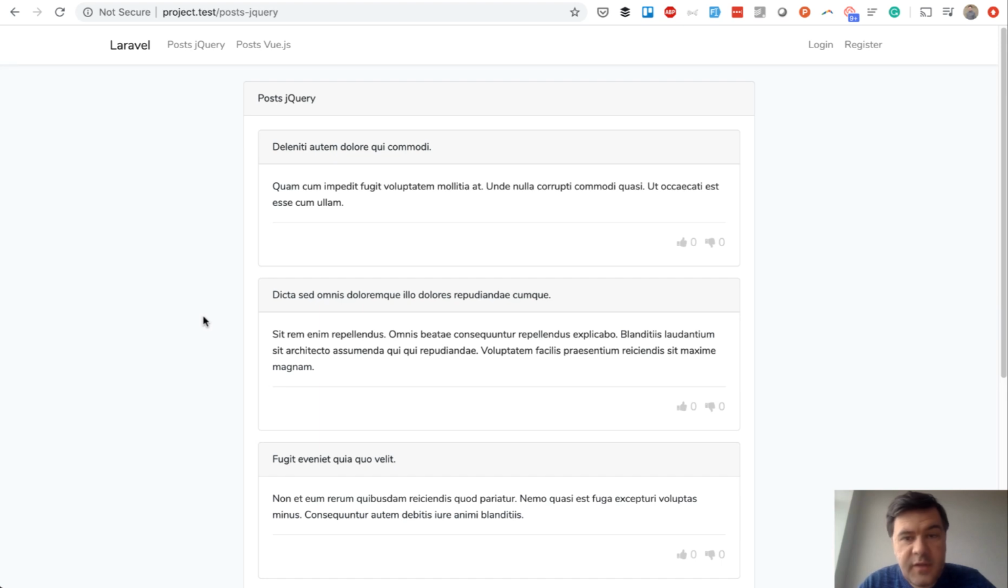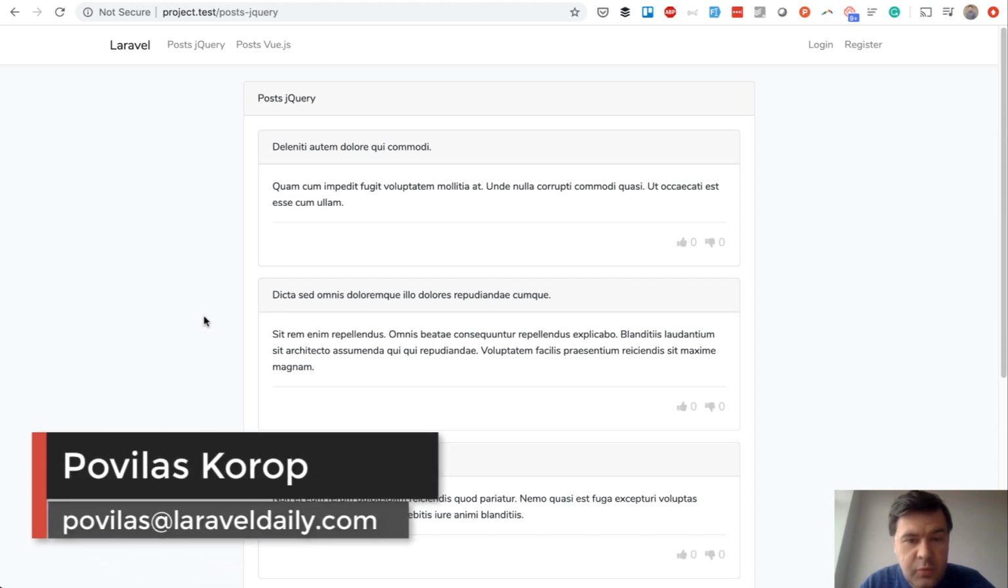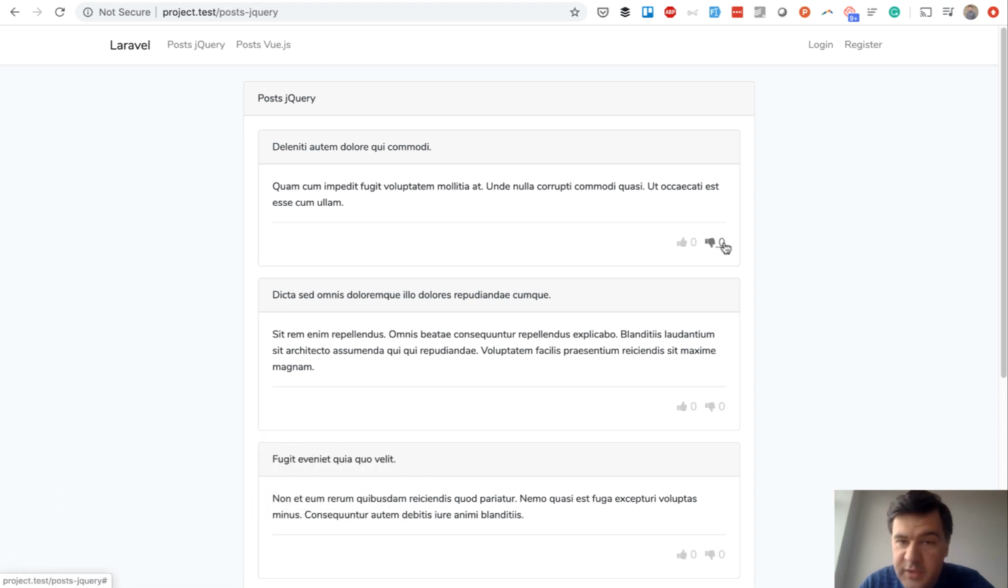Hello guys, in this video we will compare jQuery to Vue.js directly with a Laravel project. It's a small Laravel project where people would be able to like and dislike the post, and we did it in two ways, one with jQuery and one with Vue.js. Let's compare the code. Which one would you prefer, which one would I prefer, and